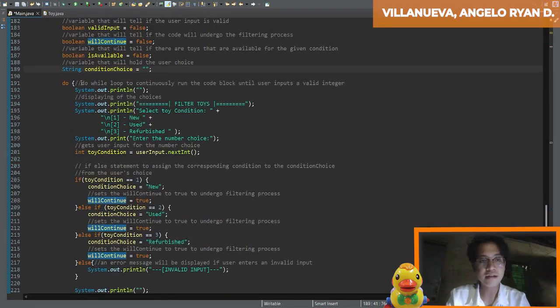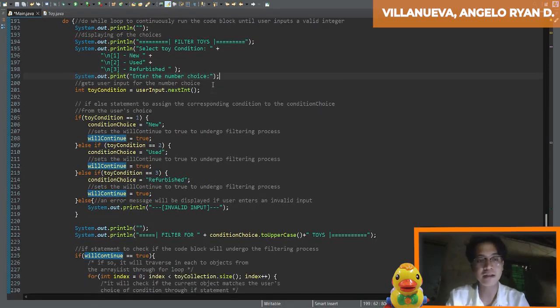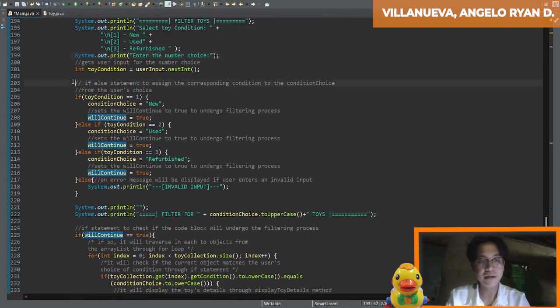Next, it will undergo a do while loop to continuously run the code block until the user inputs a valid integer. In the first part, it will show a header and also the choices that the user can choose from on which condition he or she can filter. After that, you also have an if else statement to assign the condition that the user chose and store it in the condition choice variable.